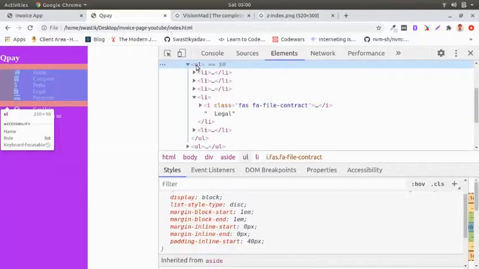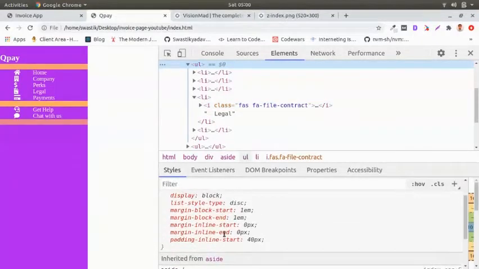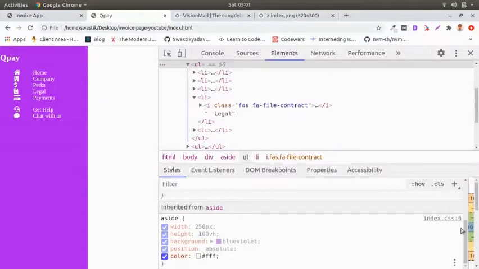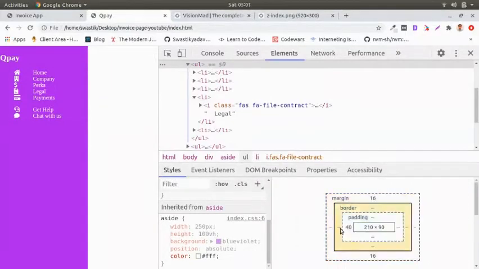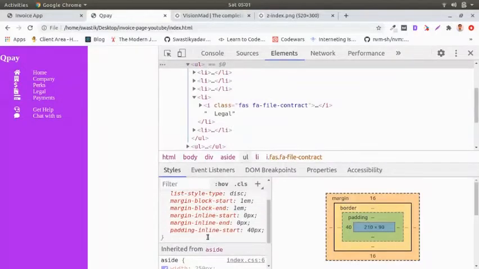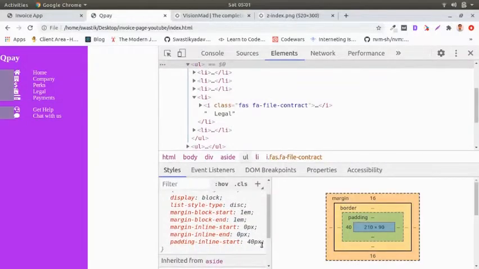Let's check the styles of UL. It's this one. You see, it's 40 pixel from the start, a padding of 40 pixel on the left side, which is coming from here, padding inline start.